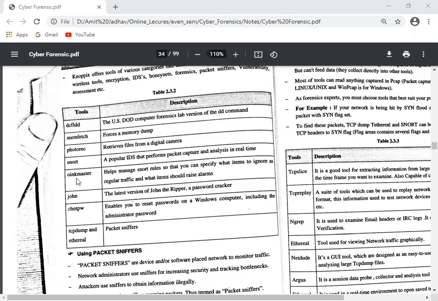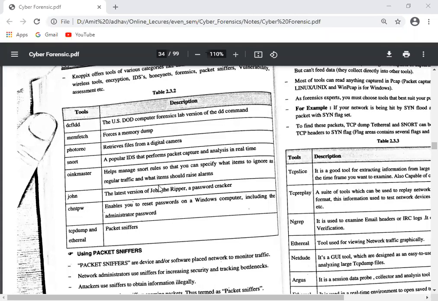So Oinkmaster is used when a packet is moved from source to destination. It checks whether it is valid or invalid. If it is valid, then it allows it. If it is not valid, then it raises the alarm.